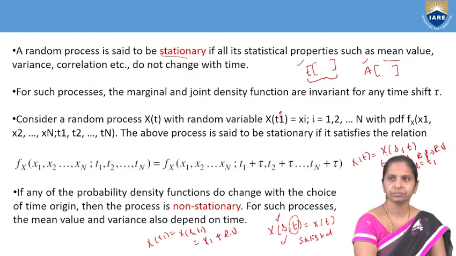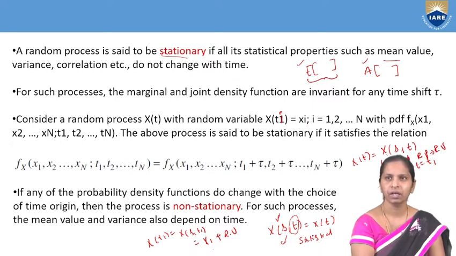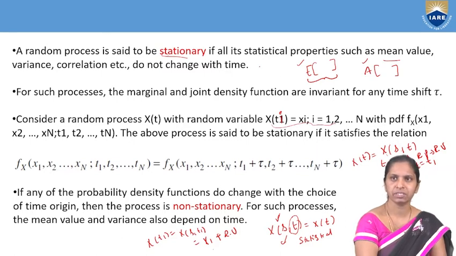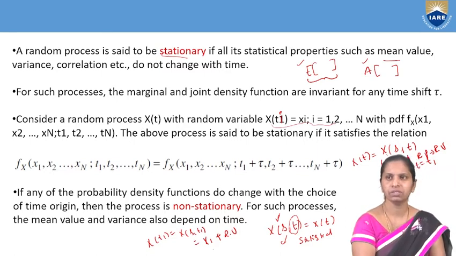So if i equals 1, then what do you get here? X of t1. My time is here t1. Then x of t1 is equal to x1. If i equals 2, then t equals t2, and x of t2 is nothing but x2. So x of ti is equal to xi, where i is 1, 2, 3 and so on up to n, because for this random process you are considering n random variables. That's why you have to fix the time t at n time instances like t1, t2, t3 and so on tn. Now, these n random variables of this random process x of t have a joint probability